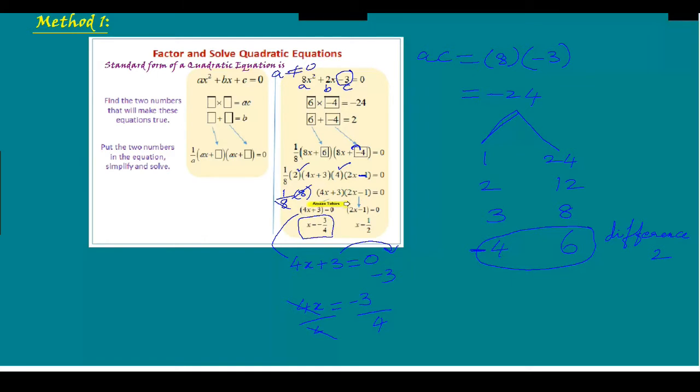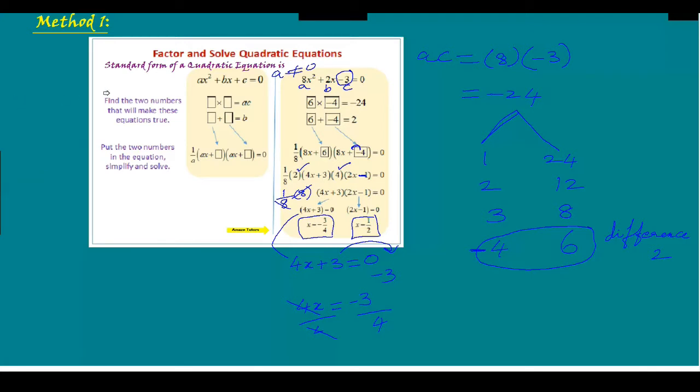Now if you try to solve this second factor, 2x minus 1 is equal to 0, x equals 1 by 2, because when you take negative 1 to the other side, it becomes positive 1. And when you take 2, the coefficient, to the other side, dividing, that is how x equals 1 over 2. That is another solution. As we know already, for any quadratic, there will be two solutions.